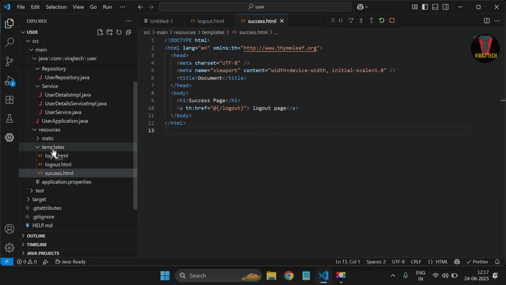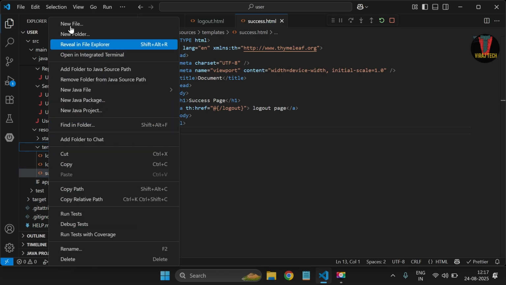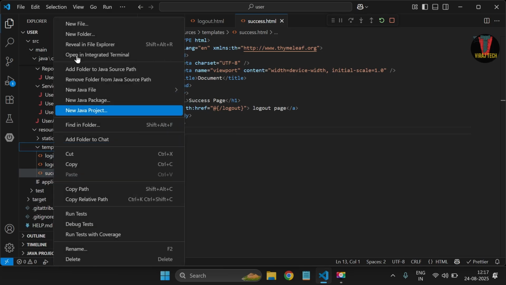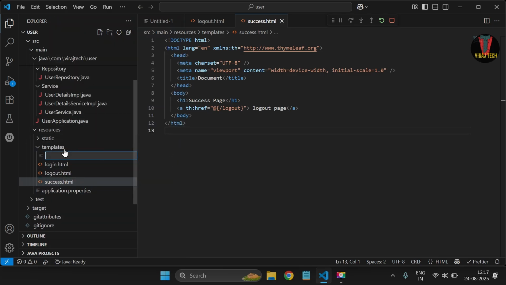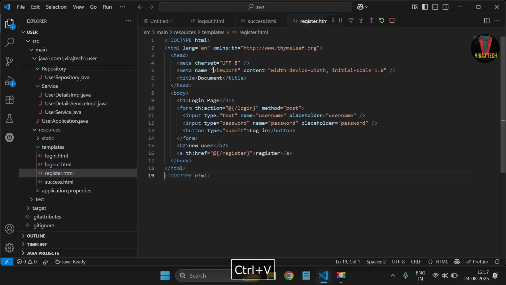And again right click on template folder, new file, and this will be our register page, register.html, paste, register page, and here we will use save,